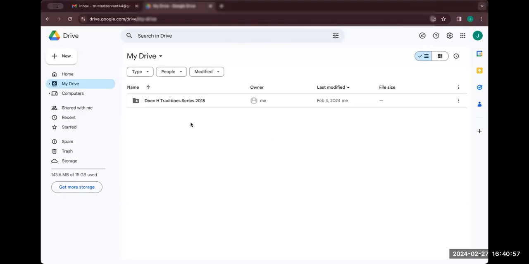I assume you guys see just a folder that says Doc H Traditions. So if you look in the left here, there's no shared drives, and I'm running low on time, so I won't be able to go much into shared drives. But regular Gmail just has your My Drive and stuff that's shared with you. If we now go back to the DCM,